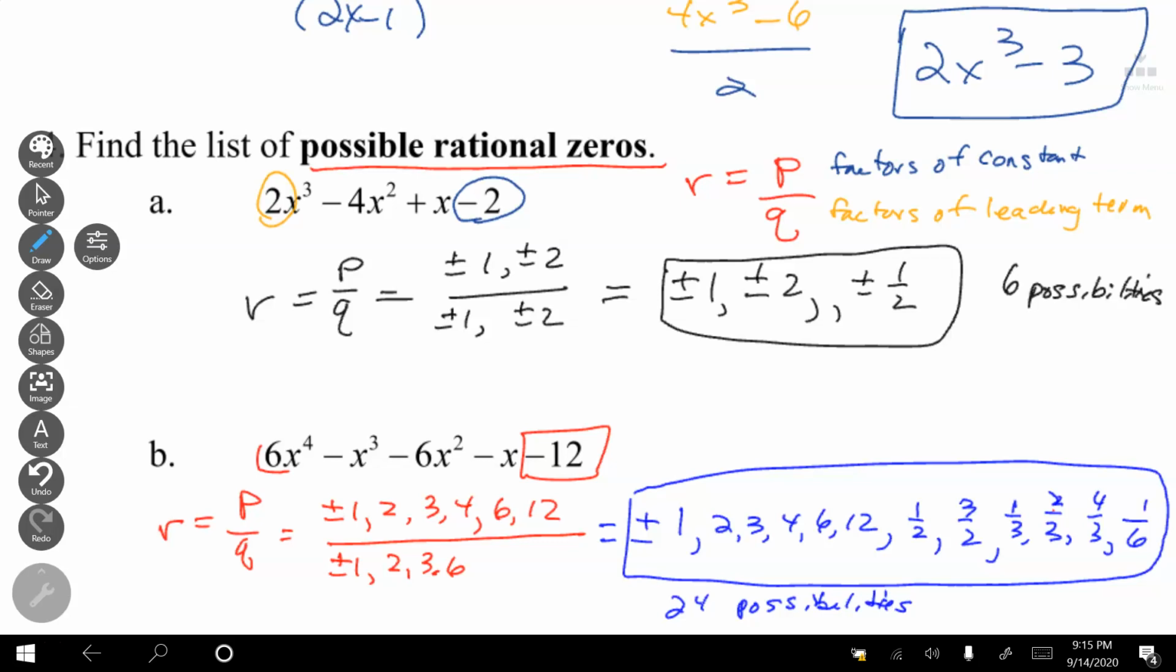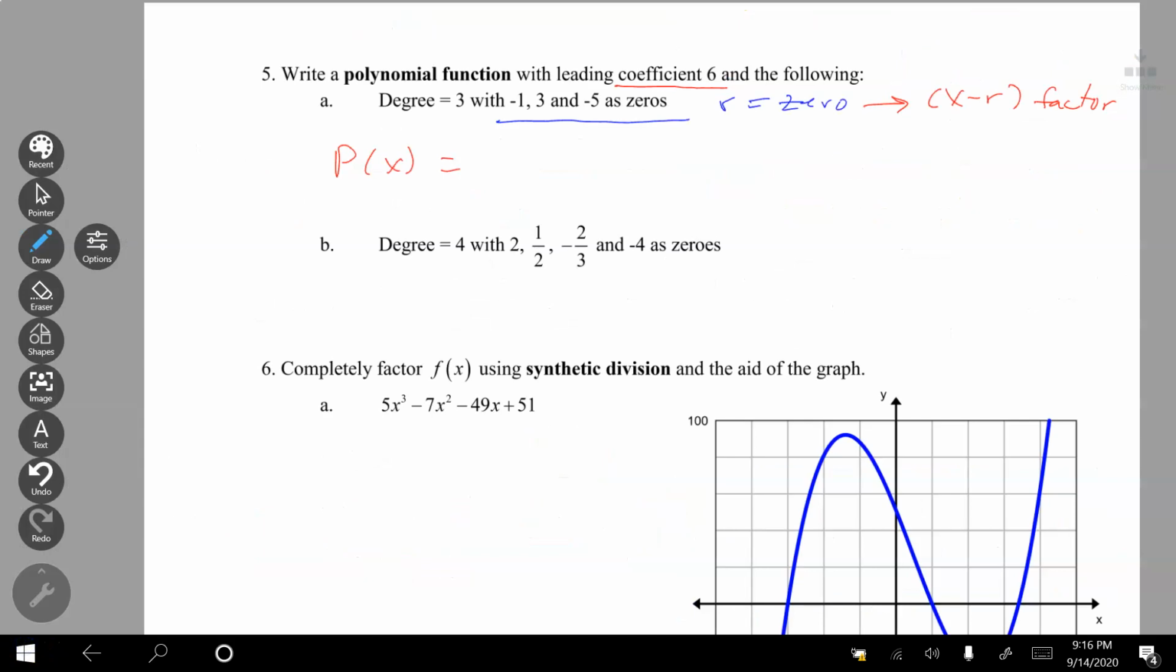Obviously, there's not 12 zeros. This is next to the fourth problem. There's only 4, but they have to come from this list. And I'll show you what that means on the next page. So the idea here is that I want to create polynomial functions with certain zeros